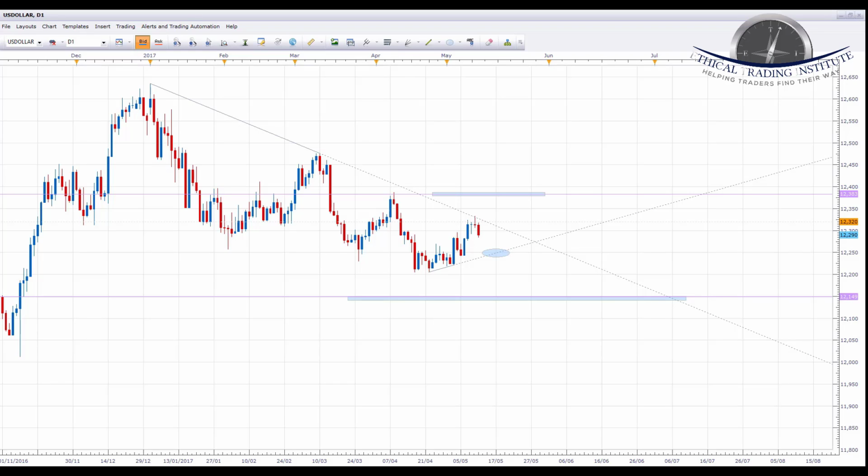I'm going to start with the US dollar index and oil, and then I'm going to run through a number of currency pairs, and we're going to look at some key levels of support and resistance in the process. Key levels of support and resistance will be trend lines, psychological levels, and also horizontal support and resistance